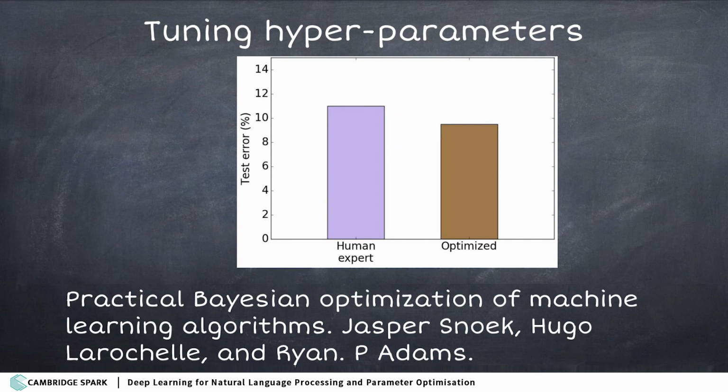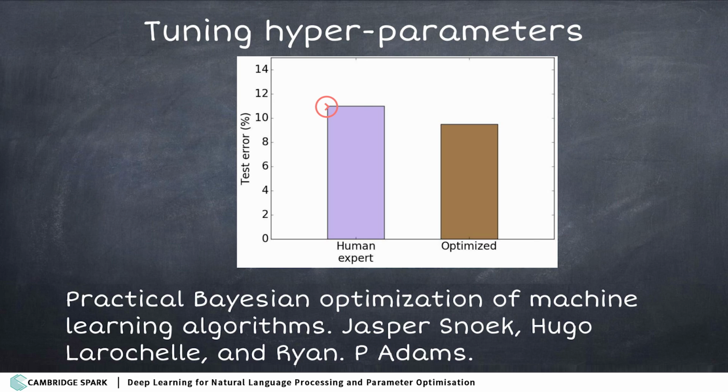In 2012 was when the first big application of deep learning came around, and there was this paper people now refer to as AlexNet, which recognized cats and dogs better than we've ever done it before. And only 6 months later, these guys published this paper that optimized the hyperparameters of that exact neural network to maximize its performance. Even though we had this human expert who'd been tuning the hyperparameters by hand for a long time, they just ran this Bayesian optimization for something like 20, 30 iterations, and already they had significantly better performance than the human-tuned one.